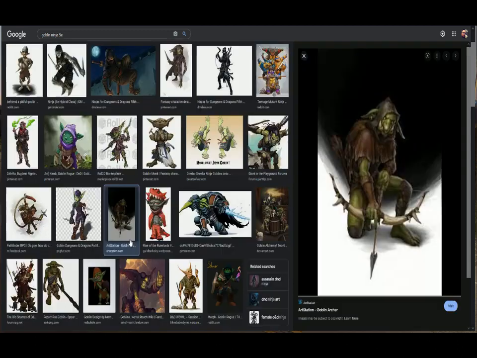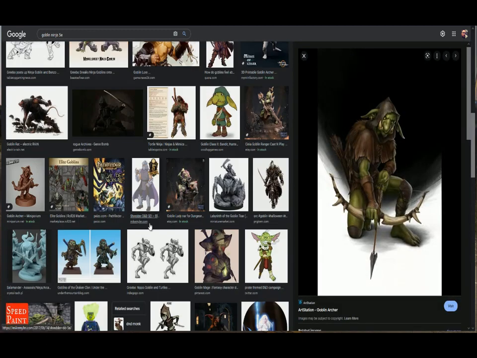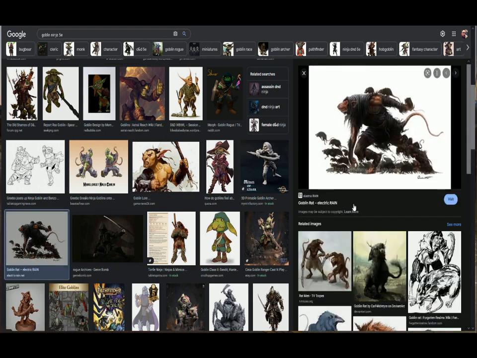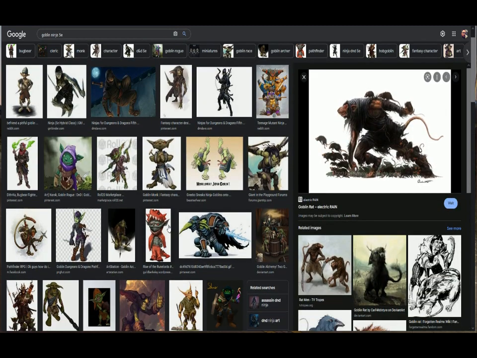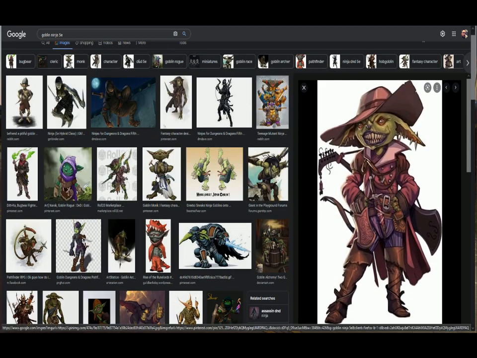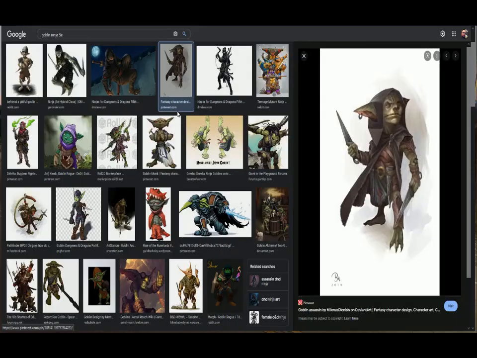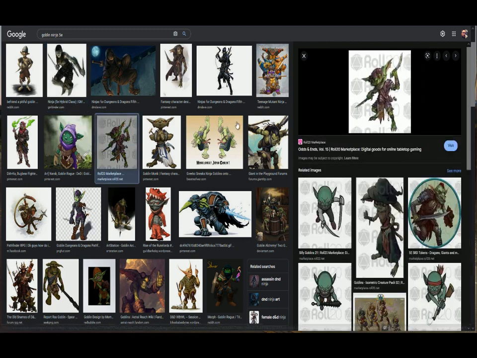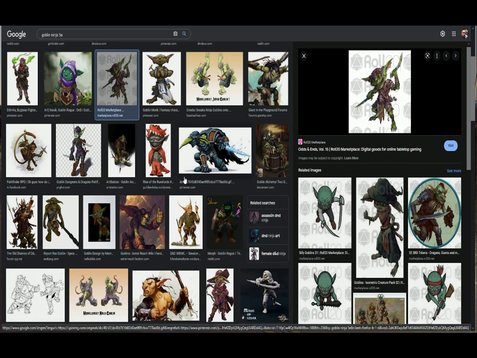So now you'll browse through here, scroll through here, and let's find a cool one. That's more of a kobold, I guess, but swashbuckler, probably a bard, maybe. It's a goblin rogue. Maybe we want that one. That one's got some text on it, so